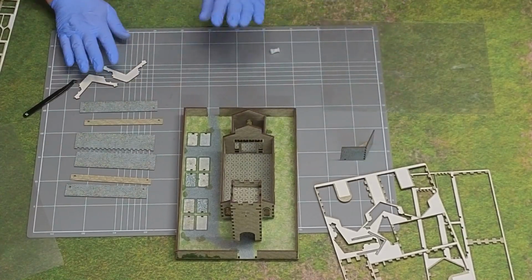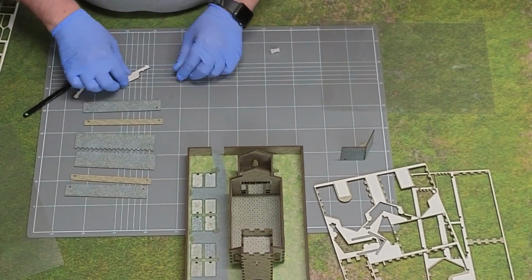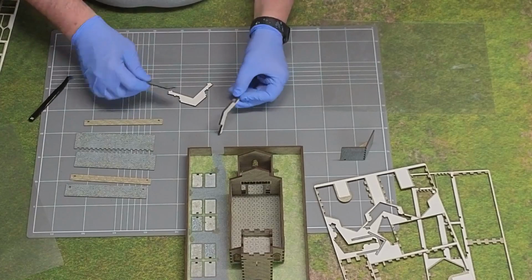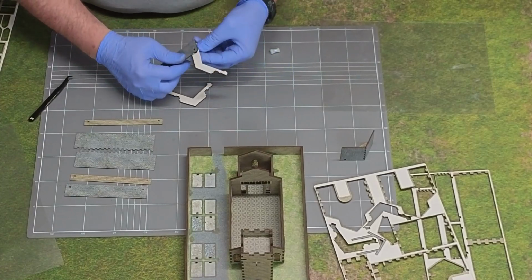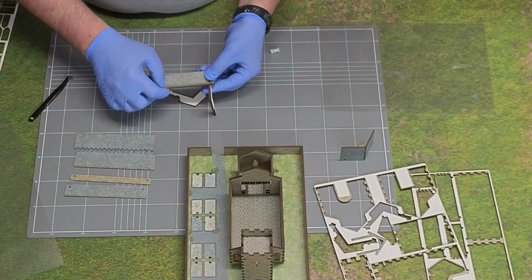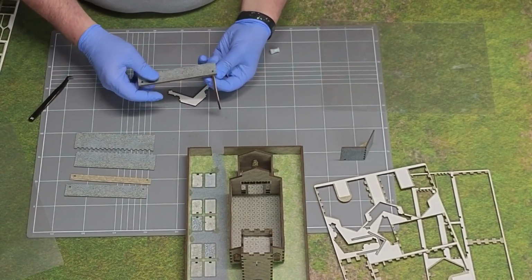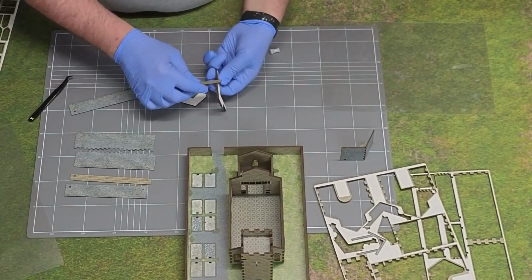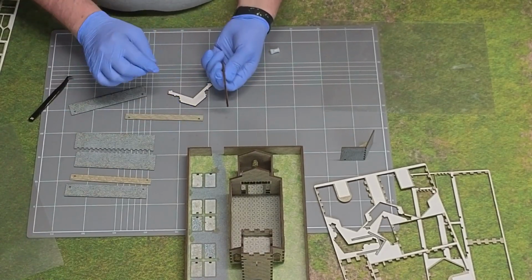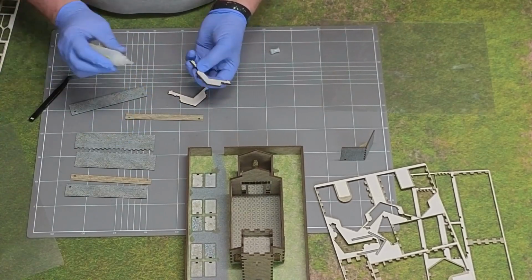Okay, the main roof, a few more moving parts to this one. In essence, I've got these two brackets. And I'm going to do this. I'm going to have slate running up to stone and then slate across the top. Now, in terms of putting these together, the stone goes in first, right? Then the base slate, that should hold the whole thing square, and then finally the top roof goes on. So, to do this,